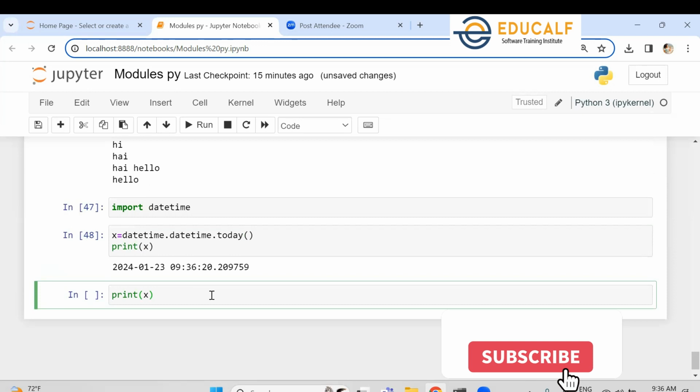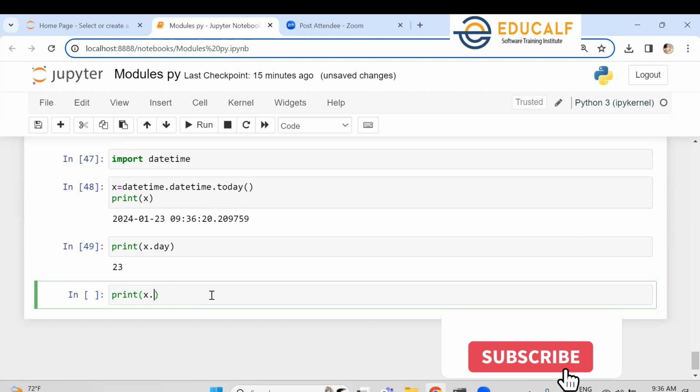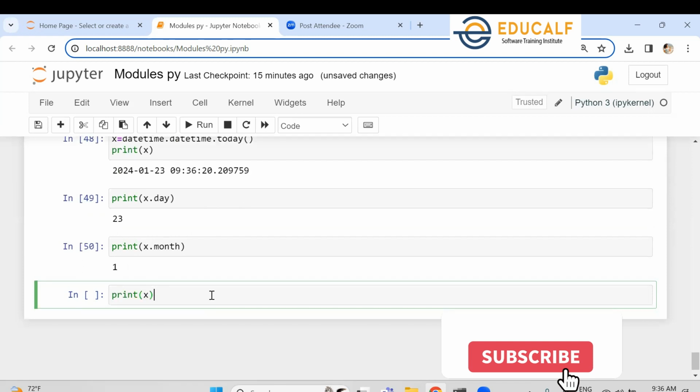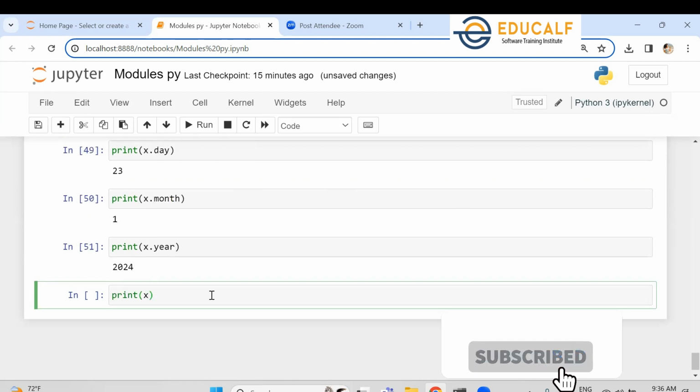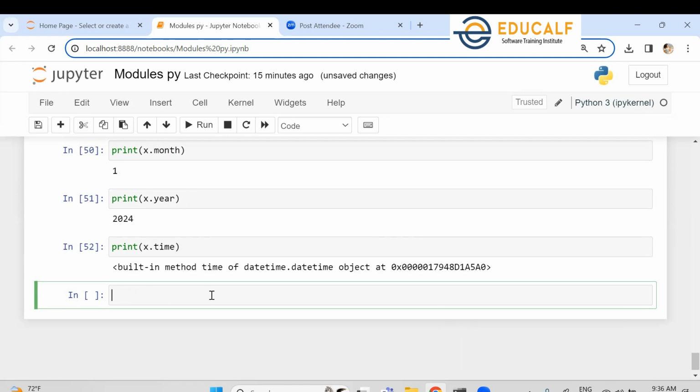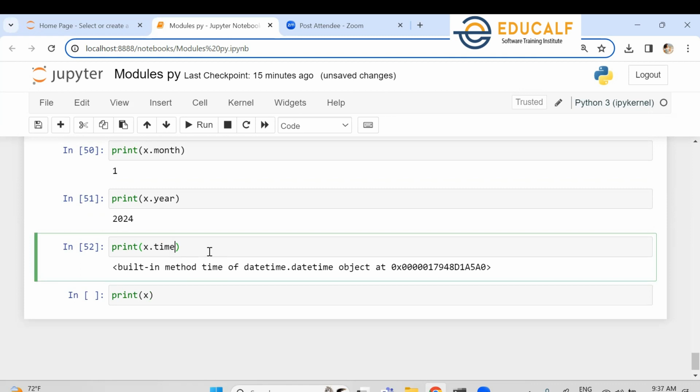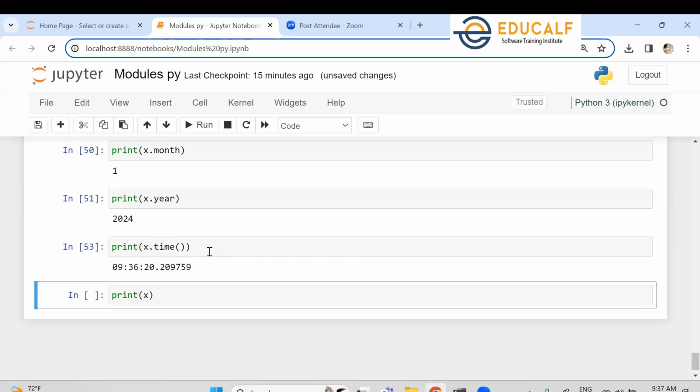Now after this, print x.day if you want only the day. Dot month, only month. Dot year, only year. Dot time, only time. If you just give time without the parentheses, it says that a time function has been generated. But if you give time with parentheses, you get the complete time. So dot date, dot hour, dot minute,